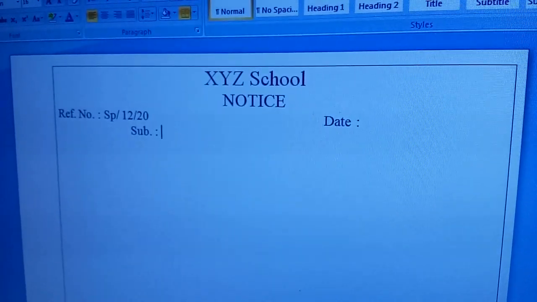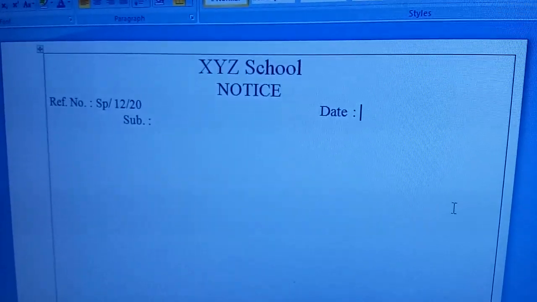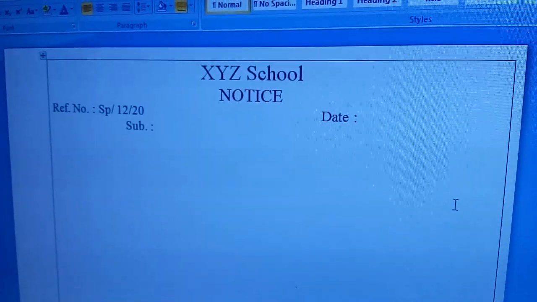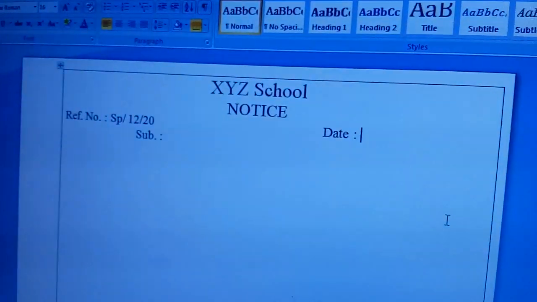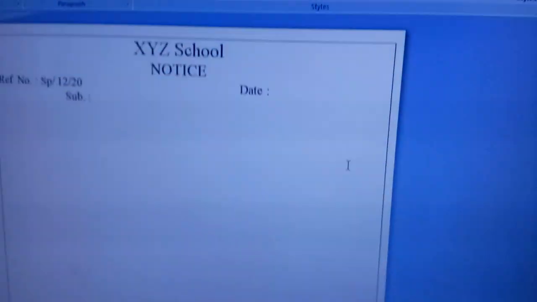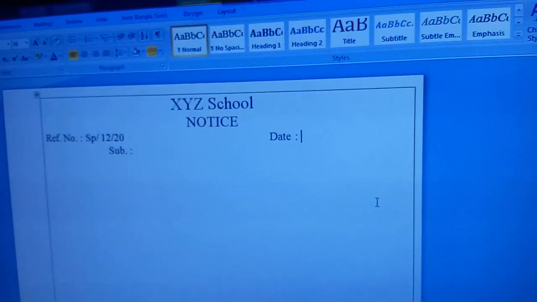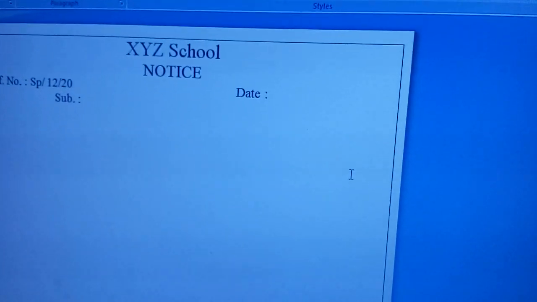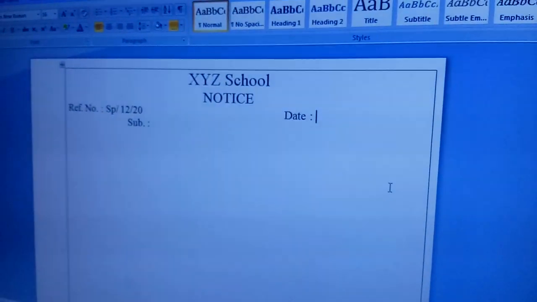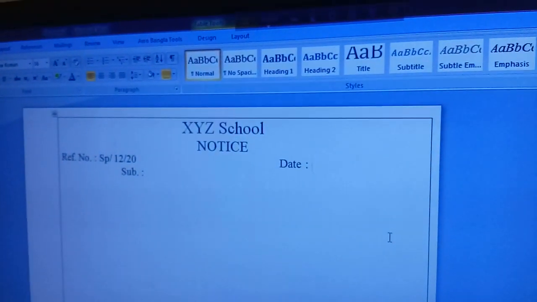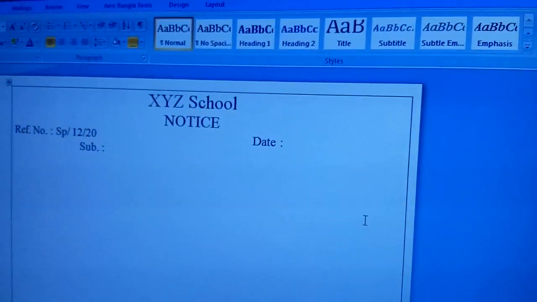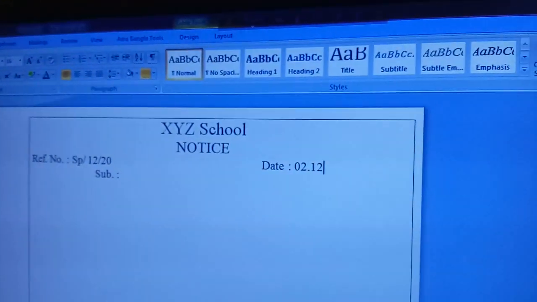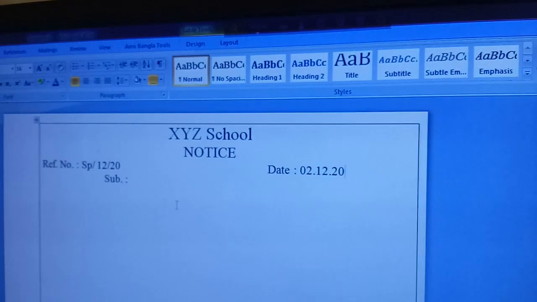So then we know that sports events are usually organized in our country in winter. So the date must be in November or December, something like that. Say the event is going to be held in December. Now, December 12 or something like that. You have to write here the date December 2, that is 2.12.20, and subject